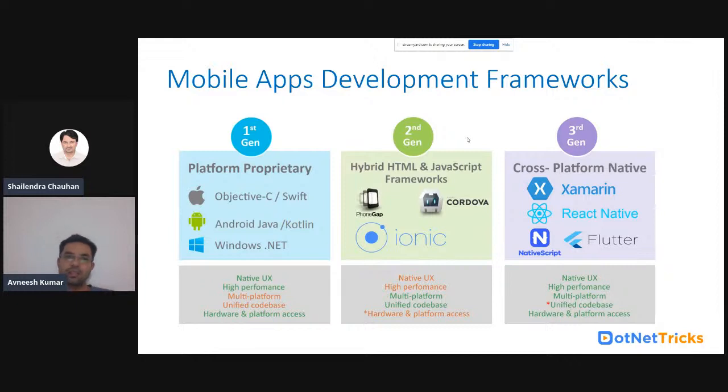It has access to the mobile phone operating system features by using some bridges. So they use some plugins, some libraries, to access the native features of the mobile operating system. Different applications were developed on cross-platform. It is very popular nowadays.